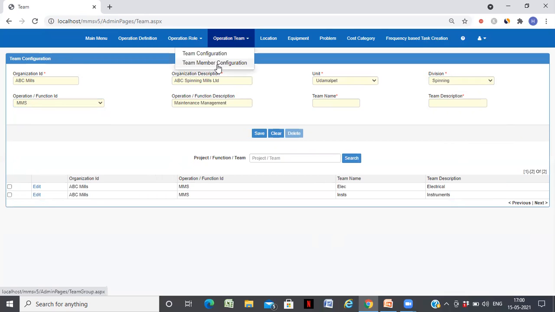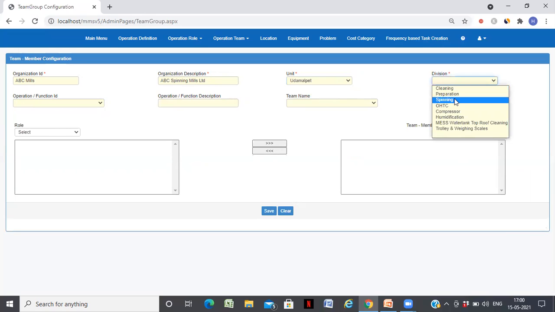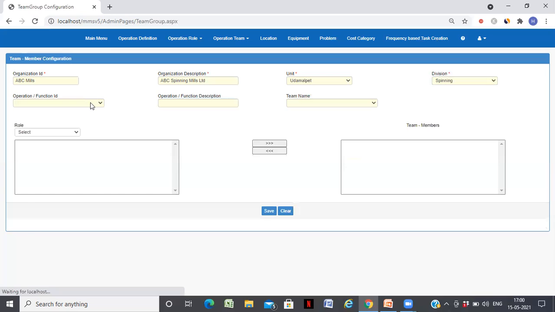Similar to the operational role members, I also created who belongs to which team. I have created for each unit some 2-3 users who are part of this team.